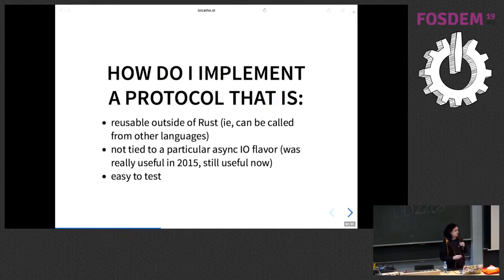So futures are nice, but you cannot use a futures-based protocol outside of Rust. I have protocol implementations I had to use on other platforms and share between platforms. How can I do that? And how can I make it so that it's not tied to a specific way to do I/O? Because when I started to work on the approach I will present, it was 2014, 2015, something like that, when futures appeared and said, okay, everybody move to that. And I tried. I said, okay, I want to support that, but I will keep my way there because I want to be flexible on that.